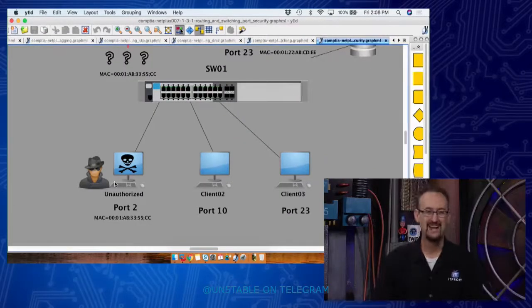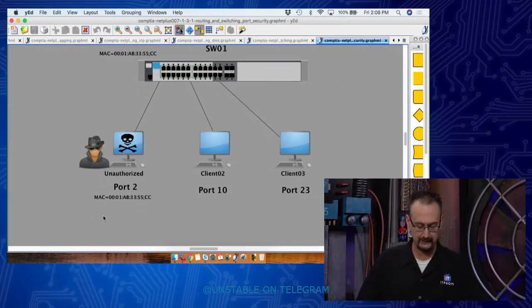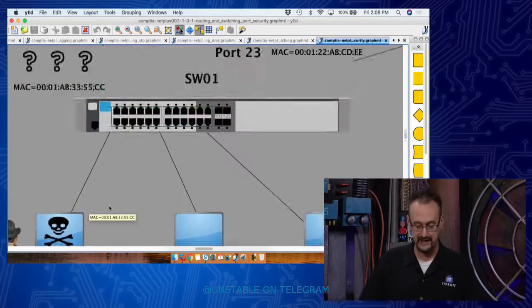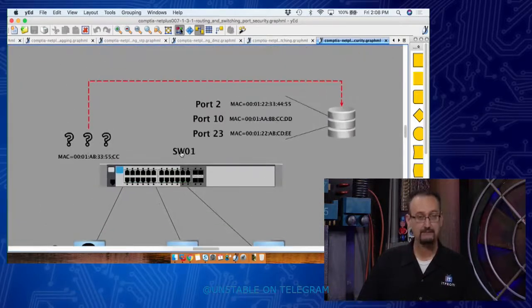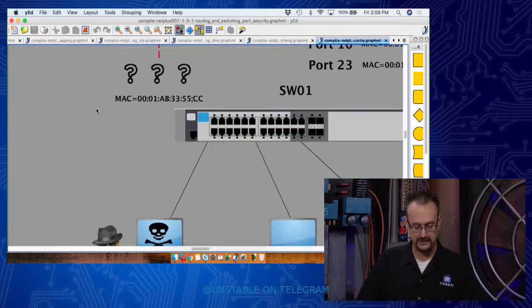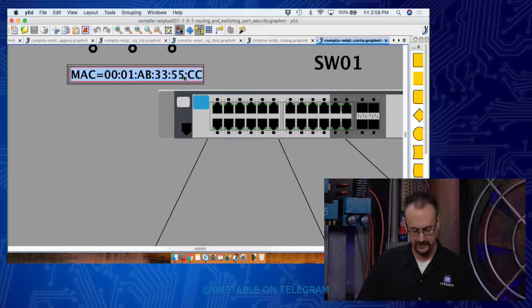So what we end up having here is, and I'm sure you're not paying attention to the MAC addresses out there, and that's okay. So let me explain that this MAC address wasn't the MAC address that was actually set in the database, right? So when this switch receives communication on port 2 and it inspects the MAC address, just like it's going to do anyways,